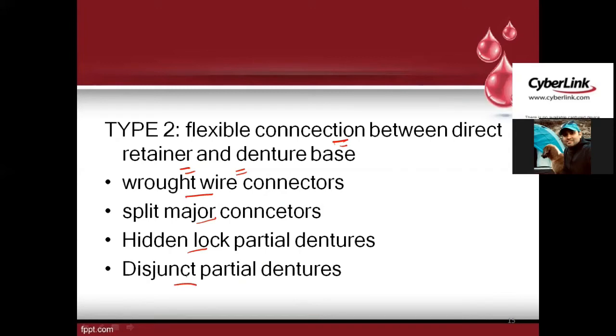In a split major connector, the major connector is split by an incomplete cut parallel to the occlusal surface of the teeth into two units, namely the upper unit, nearer to the tooth, and the lower unit. The denture base is connected to the lower unit, and the rest and direct retainer are connected to the upper unit. I'll try to make a diagram. This is your one tooth. This is second tooth.